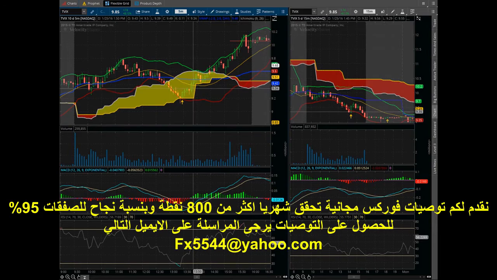So we tapped 935 perfectly and had a small little pullback, and I thought about, well, this might not work and I might get out of this trade, but remember, I stuck to my guns at 919, and I'm glad that I did, because we got this crossover here on the MACD. Once we got the crossover on the MACD and we got a little bit more volume here on the volume scale,